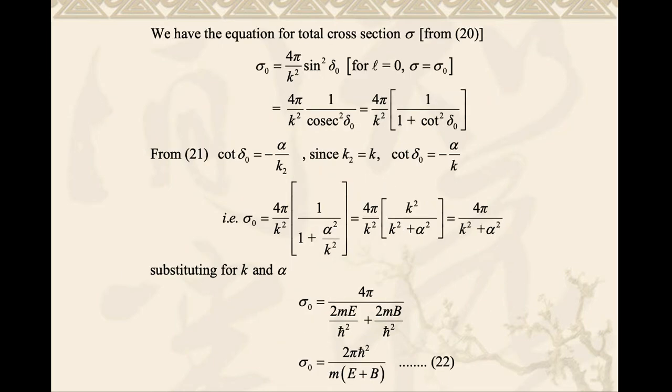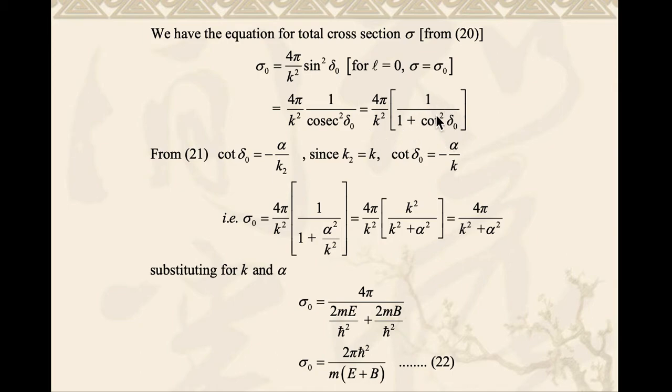And we have the equation for total cross section as 4 pi by k square into sine square delta 0. In the last case we mentioned this as sigma, the total cross section. Now, for L equal to 0, you replace it with sigma 0. So sigma 0 is equal to 4 pi by k square sine square delta 0. Now sine is 1 by cosec, so it is 1 by cosecant square delta 0, and 1 by cosecant square delta 0 can be written as 1 plus cot square delta 0,